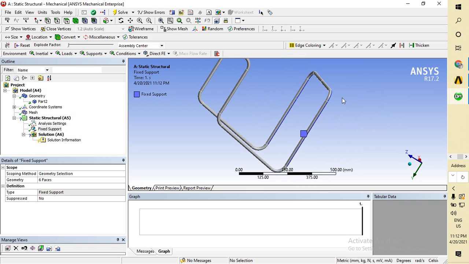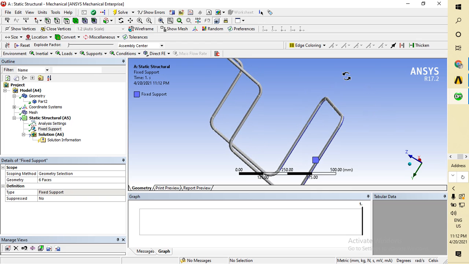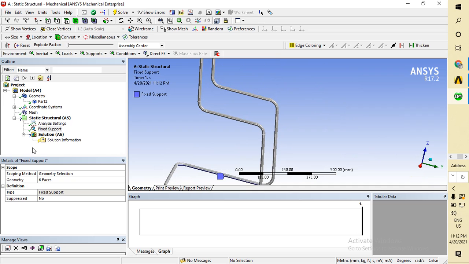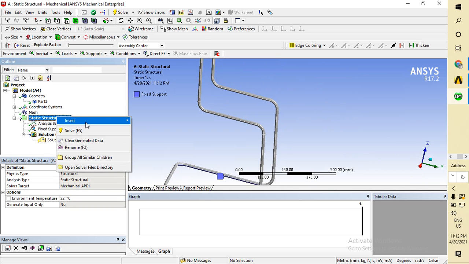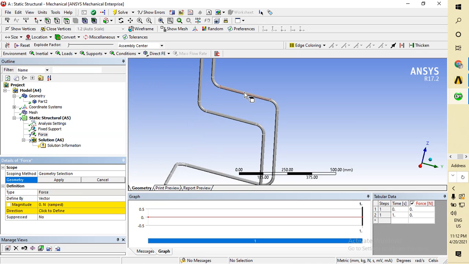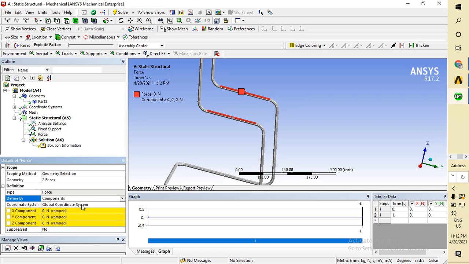Now go to insert force. The force is acting in that area, so apply. Go to vector, go to components.